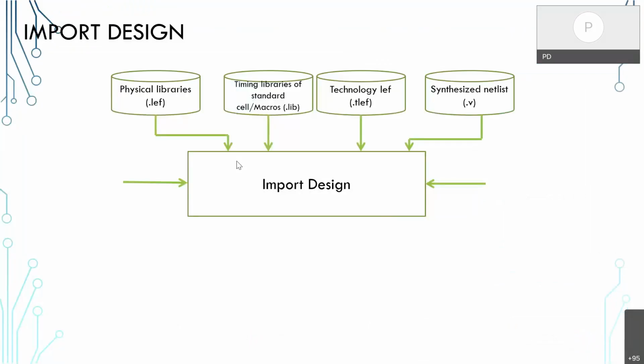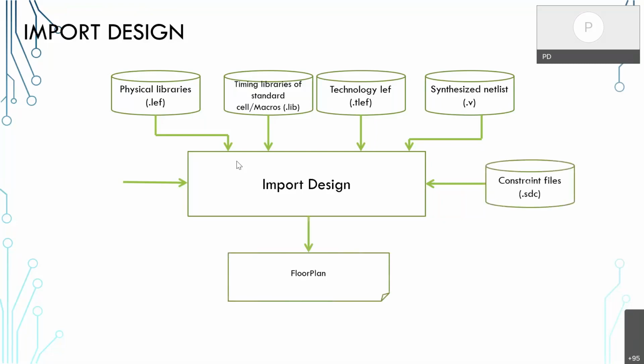Okay. Then comes the synthesized netlist, which means we saw the RTL, the initial register transfer level, being converted into the synthesized netlist. That is the gate level netlist. That is the major input where we have the logic connections. Actually, as PD team members, we will not know much detail on the architecture, but this is the netlist which has the connection details, even the wires, everything will be defined in that. I guess we can differentiate between the RTL and the synthesized netlist.